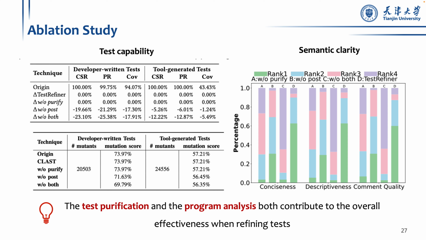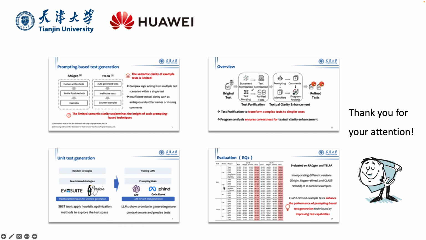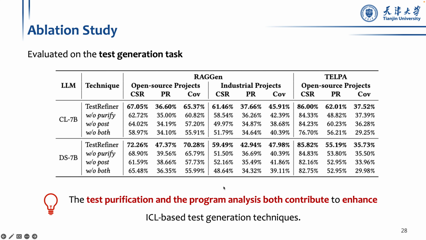And removing both purification and post-processing caused even larger drops. And the user study also confirmed that both components are important for improving the clarity of refined tests. When used as in-context examples, tests refined by CLAST still outperform all other variants, confirming that both components contribute to